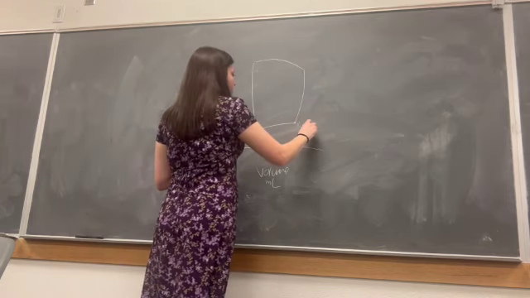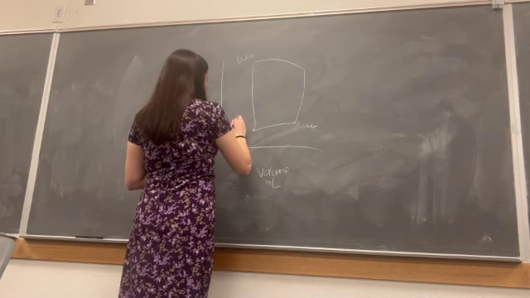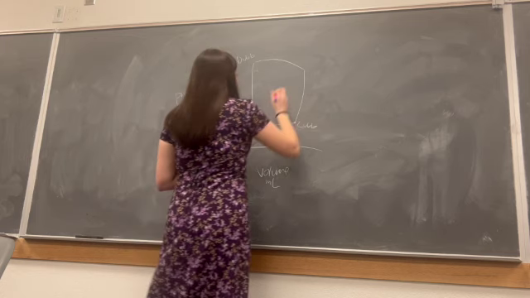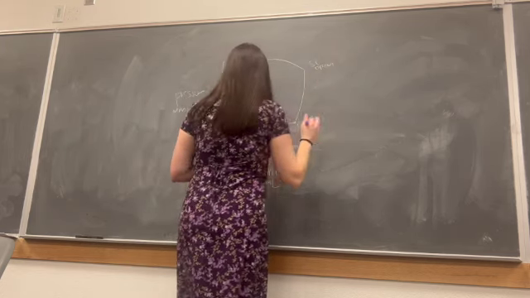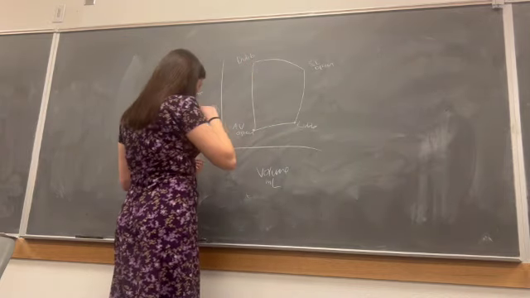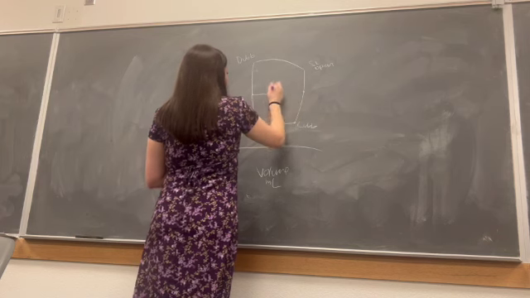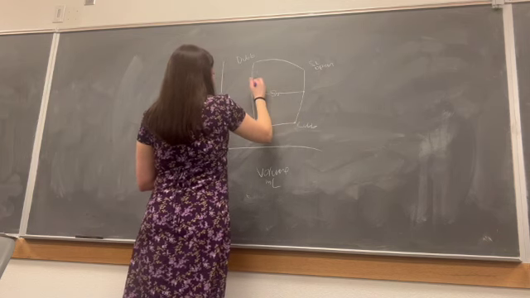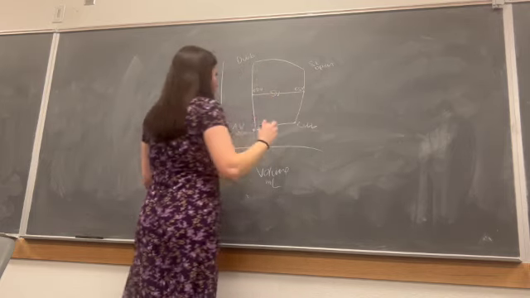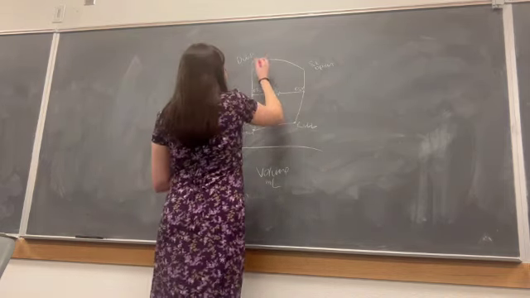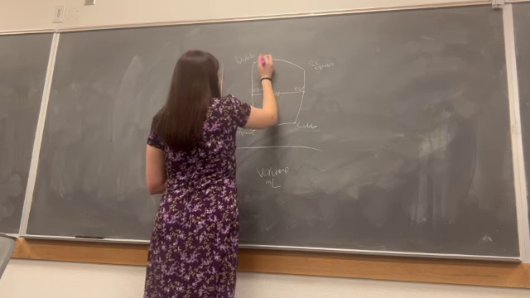Here is where lub happens. Here is where dub happens. AV valves are open right here. Semilunar valves are open right here, which obviously tells you they're closed here and closed here. This line to this line represents stroke volume. So here is end systolic volume and end diastolic volume. That's stroke volume. Here, where the dub happens,